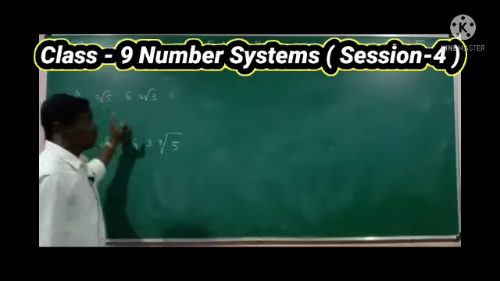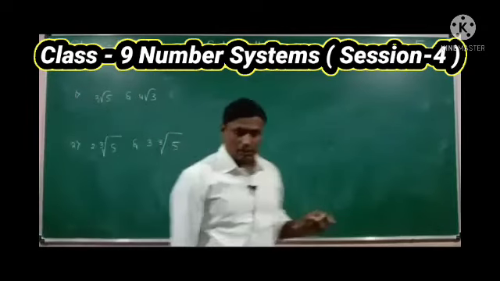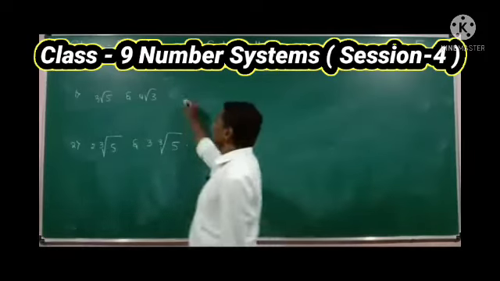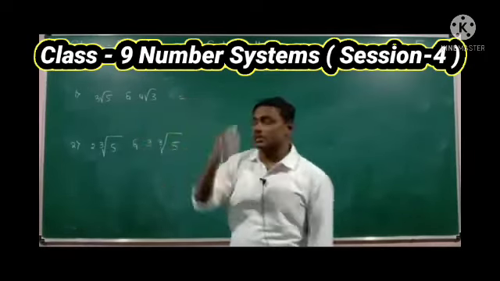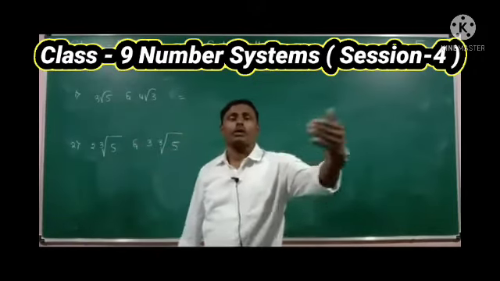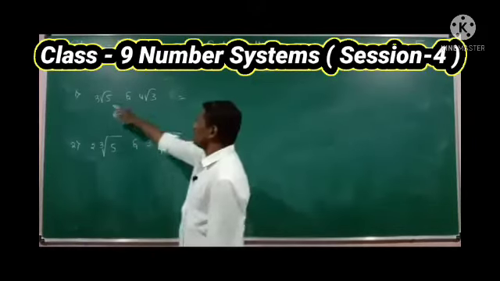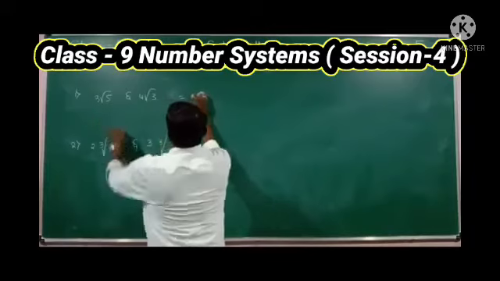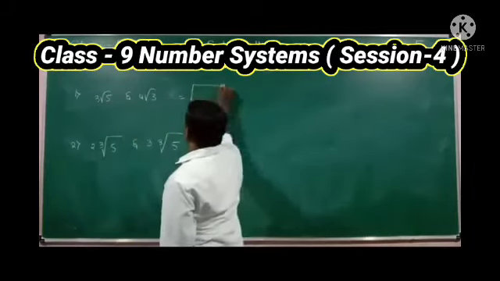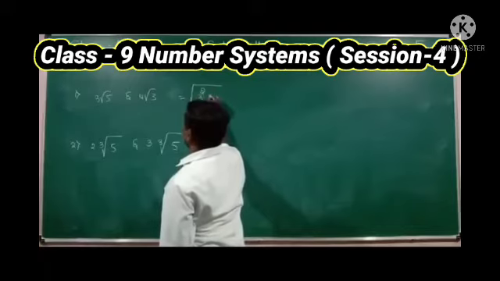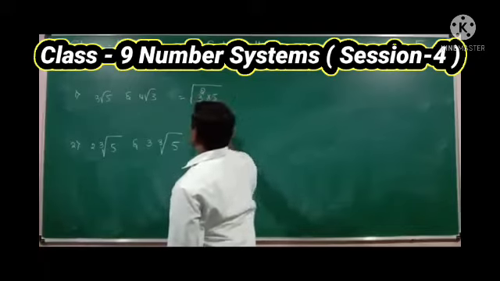So two questions are given. You need to identify which one is the greater here. Square root means the power is 2. Cube root means the power is 3. Right? So cube root of 5, I can write this as root of 3 square into 5.